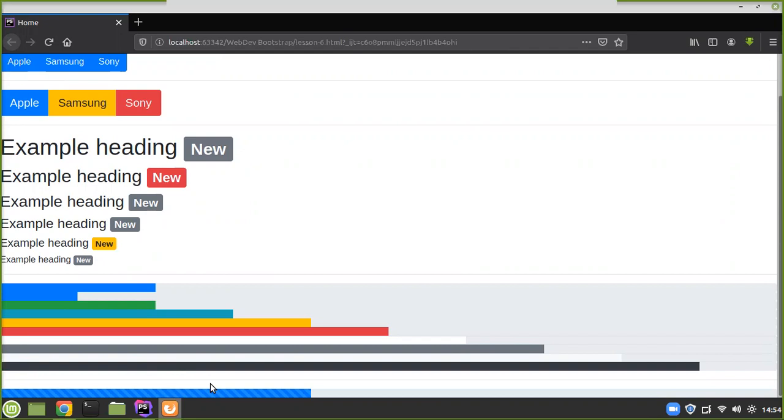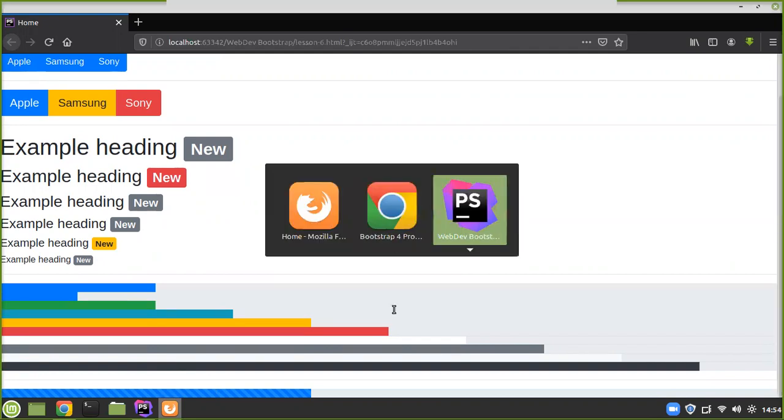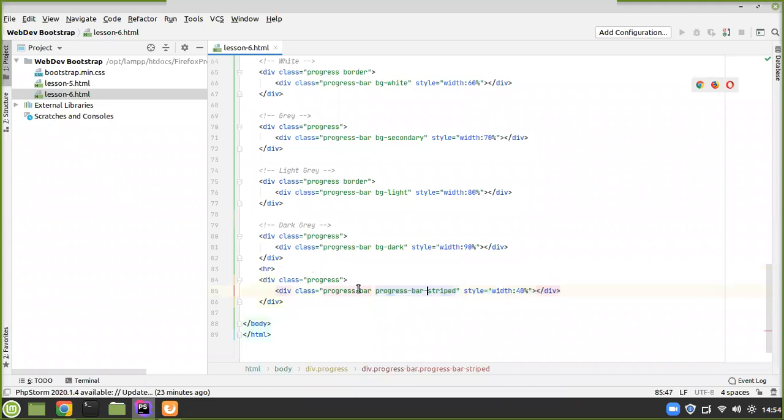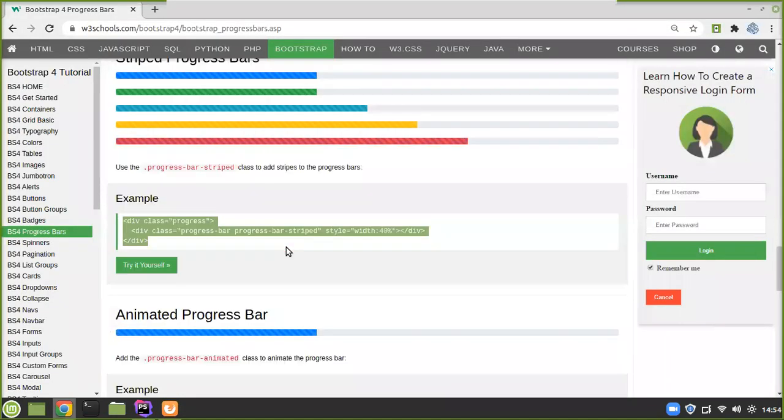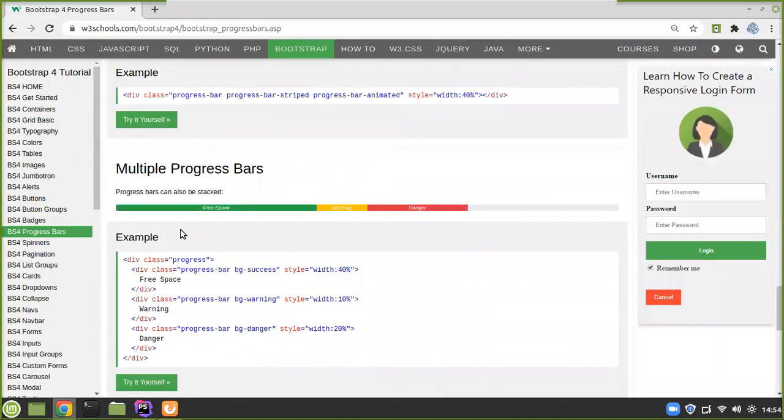And this is of class primary. You see, this is a progress bar striped. It is actually right there. So what other guidance are these guys giving us? They're giving us an example of how to do something like this. So if I just lift these,